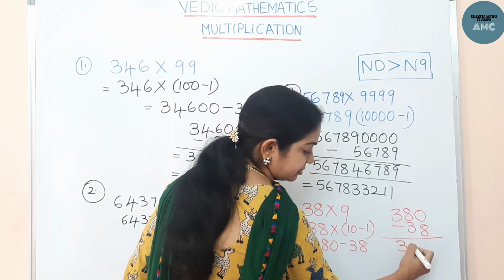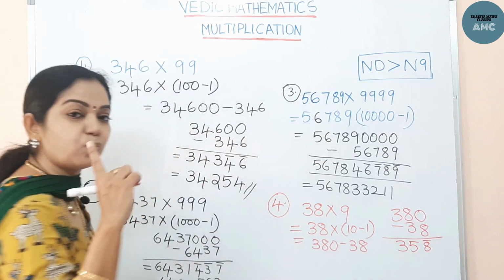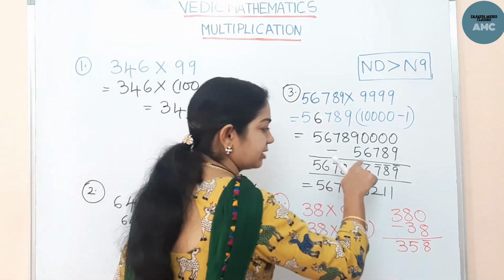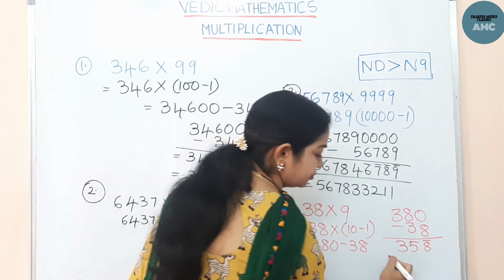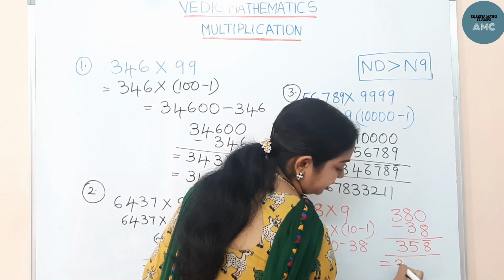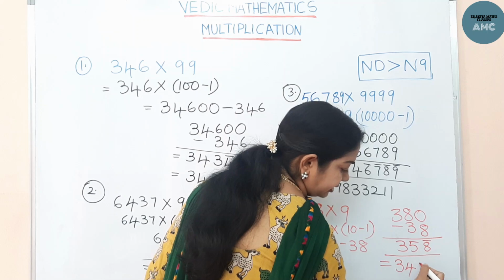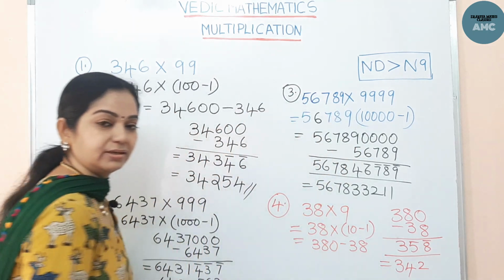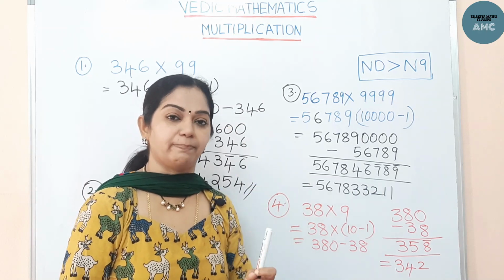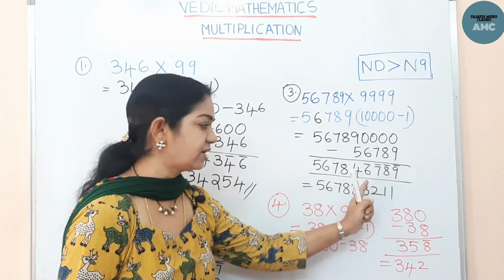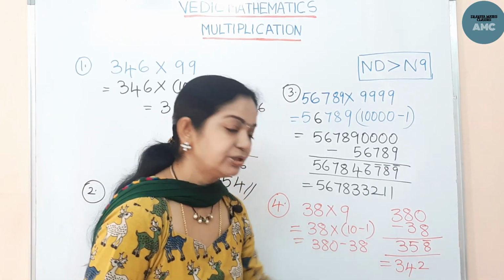So from left, 358 vinculum. So vinculum is on one number. If it is in continuation, we do all from 9, last from 10. If it is on one digit, we have to do the complement. Now 3, so this 1 decrease, and the complement of 8 is 2. Now we have learned that when vinculum is on only one digit, we have to take the complement, and if it is on a series, we have to take all from 9, last from 10. So the answer is 342 here.